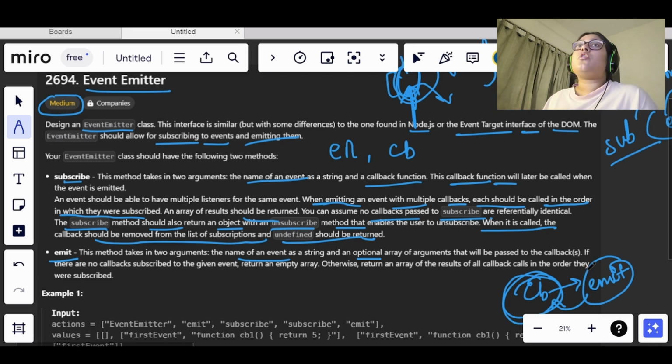Okay, so if there are no callbacks subscribed to the given event, meaning whatever event is getting emitted does not have any subscribers, what will happen? It will return an empty array. So the final result that will be returned, if the event emitted does not have